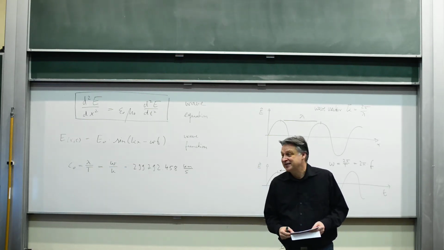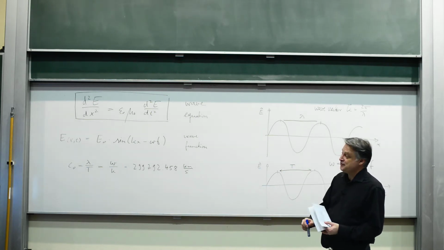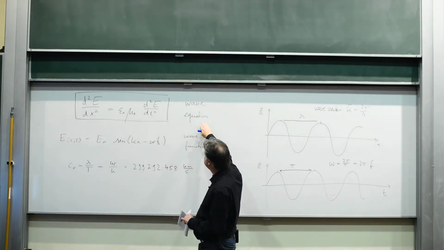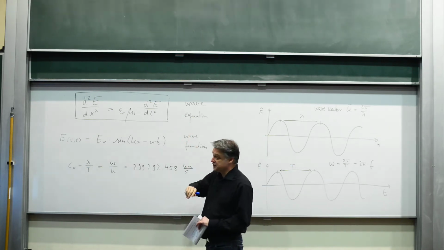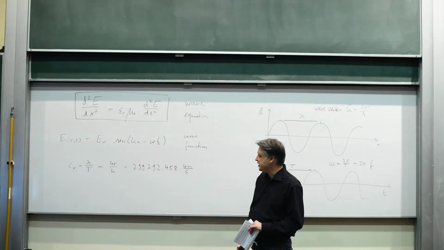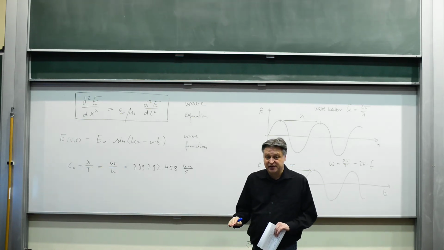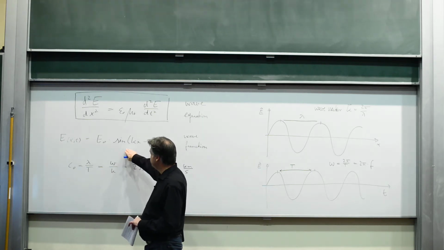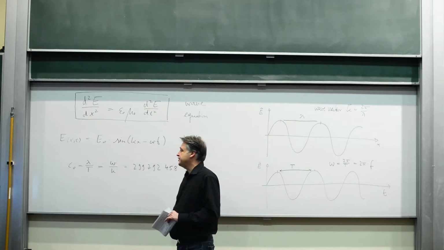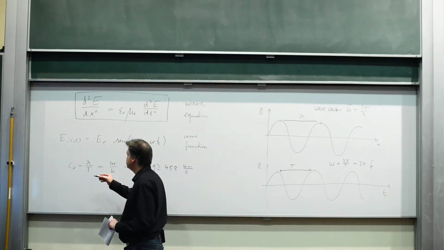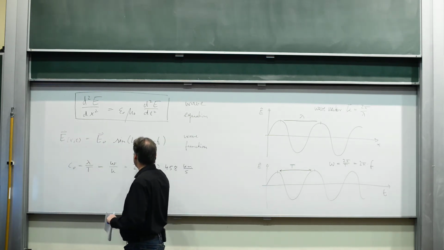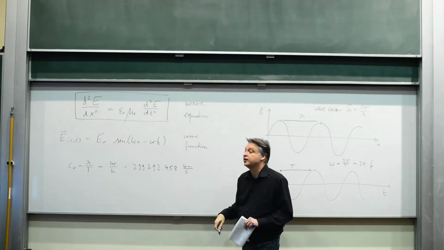Hello, welcome back. So, where are we? We have derived the wave equation of the electromagnetic radiation, the wave equation of light, the second order derivative in time and space. We made an assumption that our wave function could look like the following. The electric field component is E naught times sin(kx minus omega t).